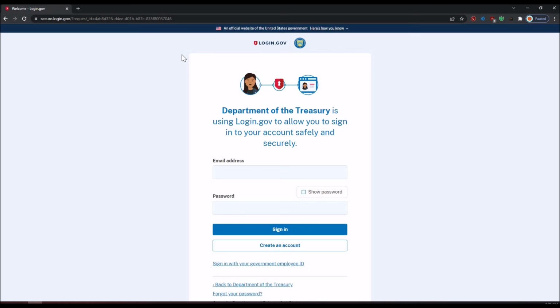So we're going to use this process as if we are a new user and we're going to create an account for the first time. I'm going to scroll down here where it says create an account and click the create account button.